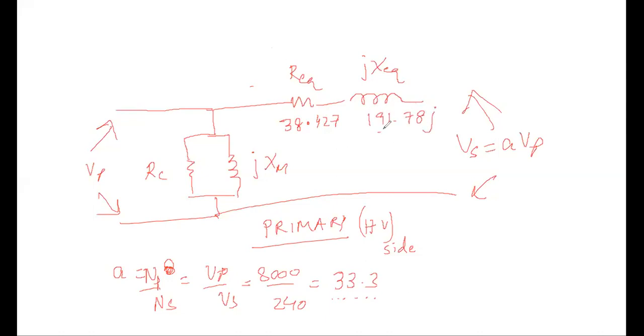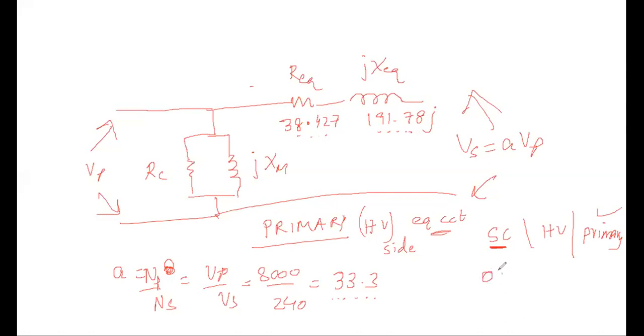So these parameters are good. Why are these parameters good? Because they were already measured on the primary side. The short circuit test was conducted on the HV side, which is the primary side. So the parameters that I found from the short circuit test are good enough to go in the primary side equivalent circuit. These parameters are already with reference to the primary side, so they are good enough.